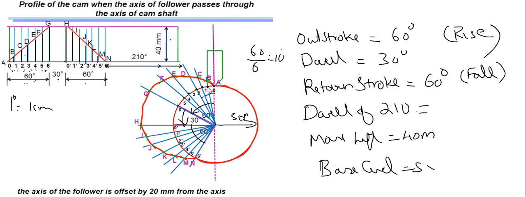From there you should be able to measure this 1B here. So 1A is 0, so this point will be A, then 1B. So from this point to this point, this length should be there, 1B. Then 1C, this length, 1D, this one. Similarly, on the return stroke also, dwell will be constant. So at the end of G, you will get this length, 6G. And that point will be here.